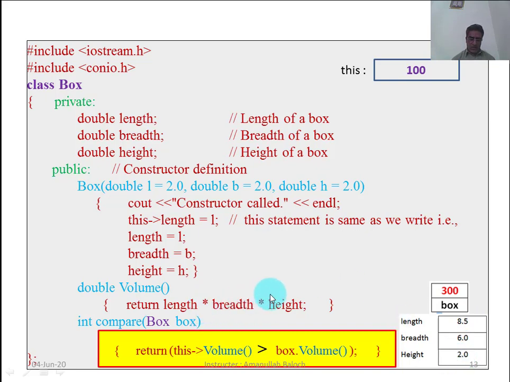After multiplying these three values, the result will be returned back here, and then the computer, with this greater than symbol, will compare these two values. If the first value is greater than the second value, then it will return the true value, and if the first value is less than the second value, then the computer will return the false value.